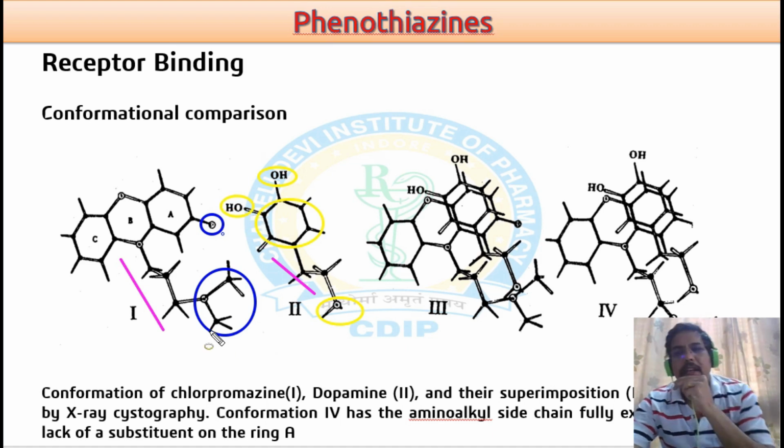And generally if we go for the superimposition of these 2 molecules,